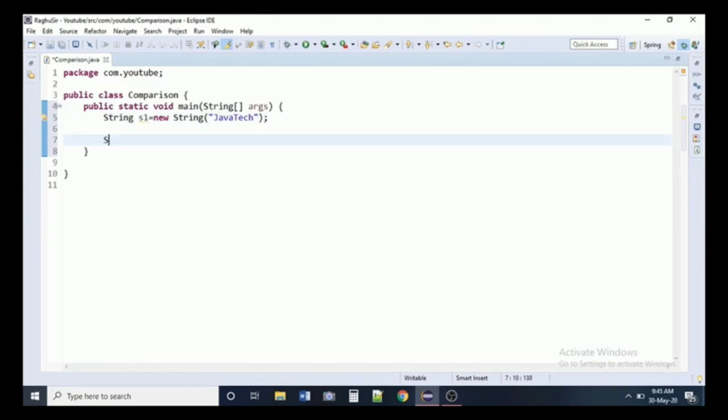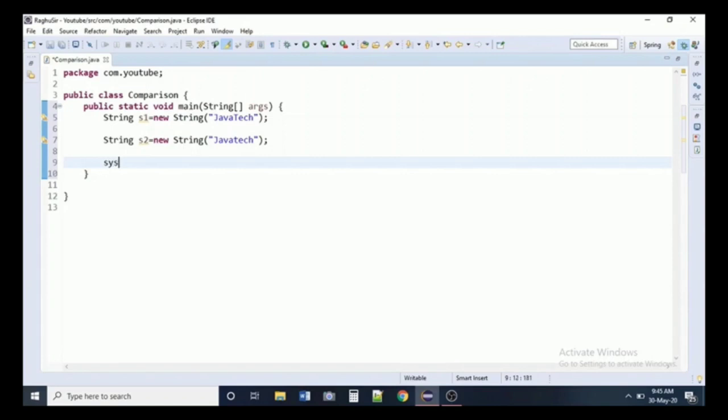In a similar way I'm creating another object with reference s2: String s2 = new String, and I'm writing the same content here, Java Tech. I created two objects here with references s1 and s2. Now I'm writing my statements.